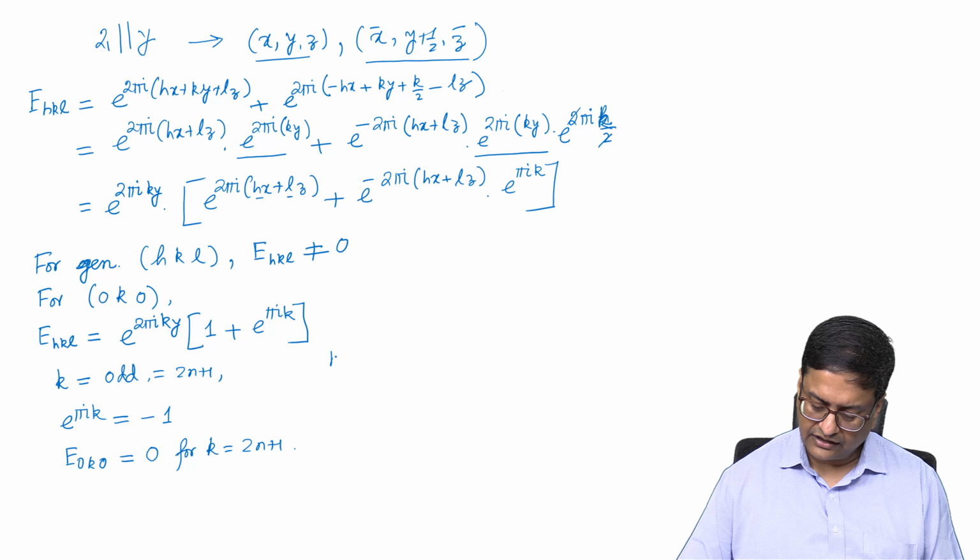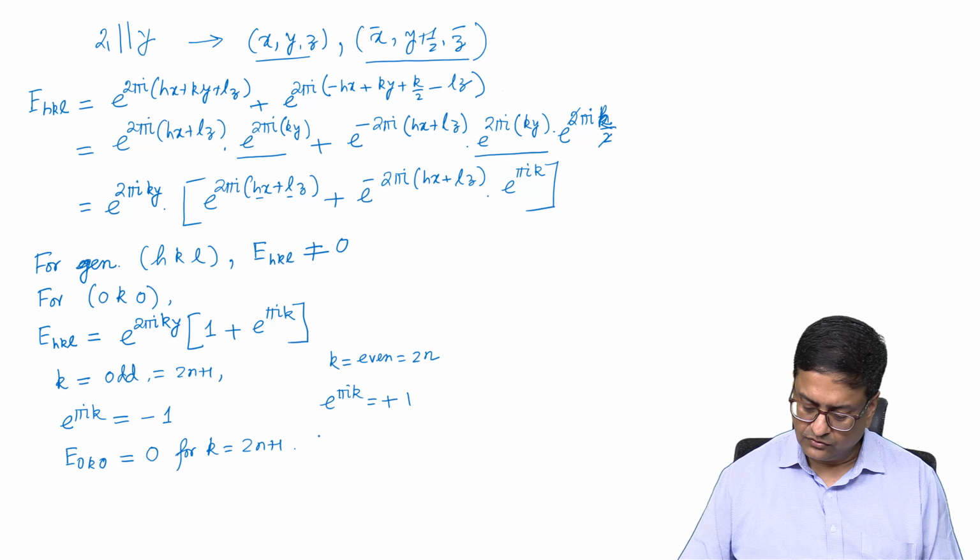And if k is an even number, that is, equal to 2n, then e to the power pi i k will be plus 1. So, E(0k0) will be equal to 2 times e to the power 2 pi i k y,